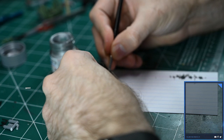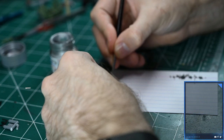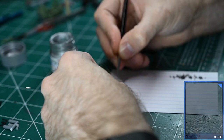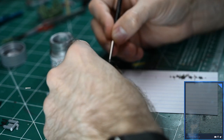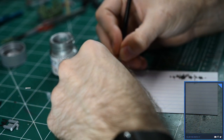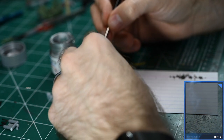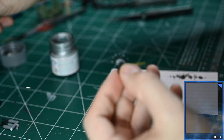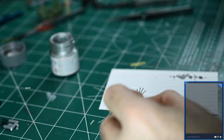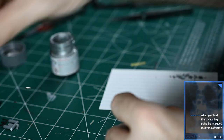Just trying to plan this out a little bit because I'm rapidly approaching the hurry up and wait part of the build. That's probably how it's going to have to happen. So I was a little sloppy in my painting, so I'm going to come back and try to